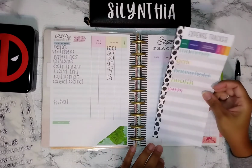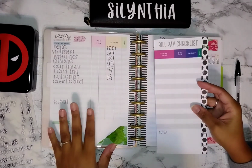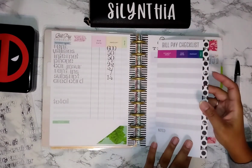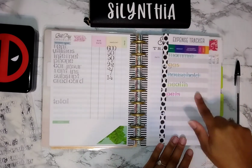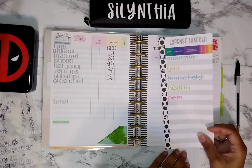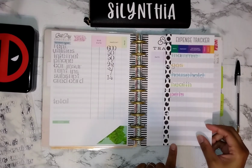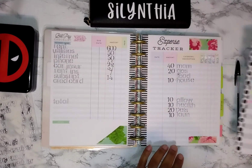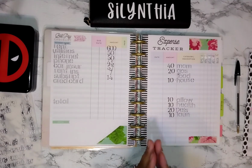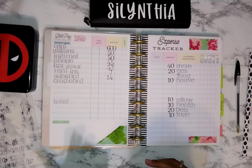And this will actually be used as my expense tracker. And then on the back it says bill pay checklist, but I'm just using this. And if necessary, I will use this for something else. I haven't quite figured that out, but my expense tracker, I'm going to be trying to do that each week, and I think I may do weekly check-ins to see what I spent my money on, because typically what happens is I give myself a certain amount, I spend the money or I don't,